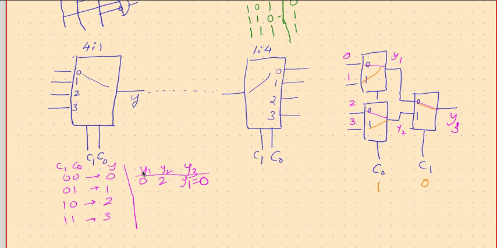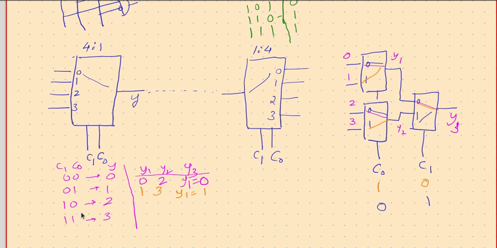So the output of the first one, Y1, is 1, and this one is 3, and Y3 is the same as Y1, therefore it is 1. That's what we wanted. Okay, when it is 1 0, then this gets connected to 1 and this gets connected to 0 both places.